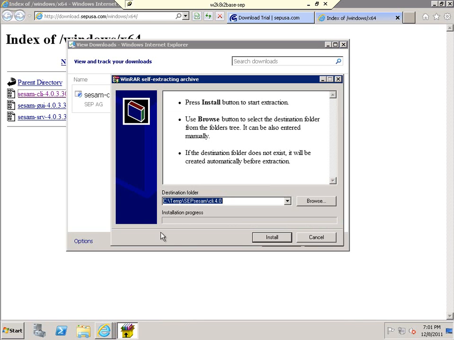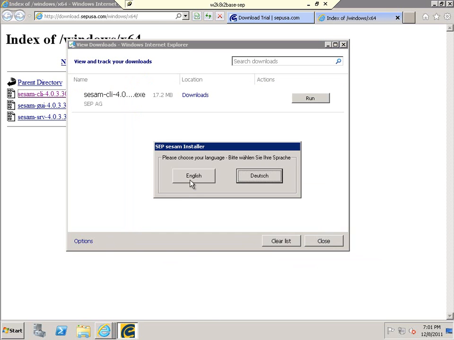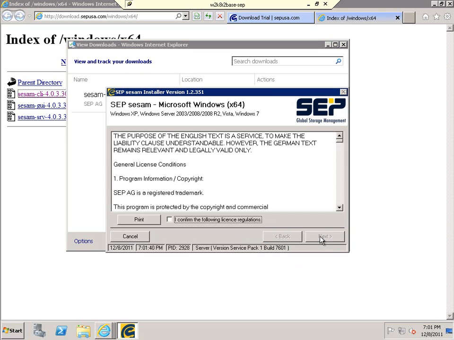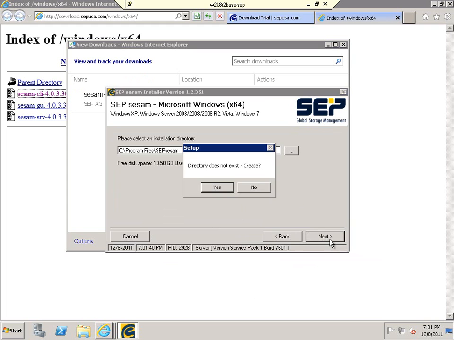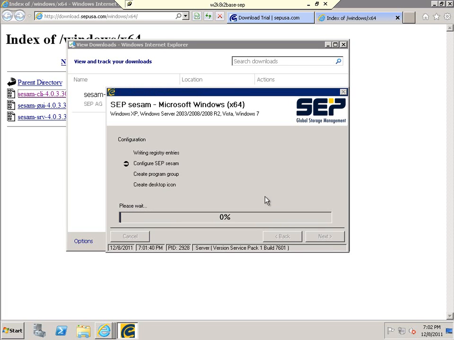We're going to go ahead and run it. It has to decompress the install. Go ahead and set itself up and ask us for the language file. English, choose next, we'll define the license, and our only option is the SupSesum client. It's going to tell us the directory it wants to install in, and it'll create it, and then we have to tell it the server. So we know the server name, win2k3r2-sep. We verify that we could talk to it by name earlier, so we should be fine there, and it'll